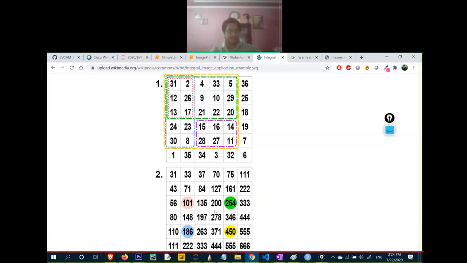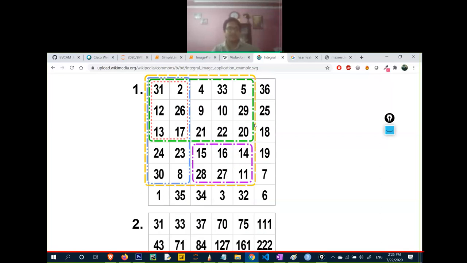So this is the concept of integral images, but why it is created, how will I get the benefit of this integral image? First of all, if this is my original image, what was happening in this original image was, whenever I try to detect a hair feature, let's say you are detecting some hair feature in this image.